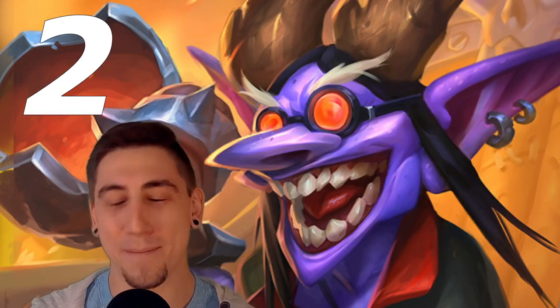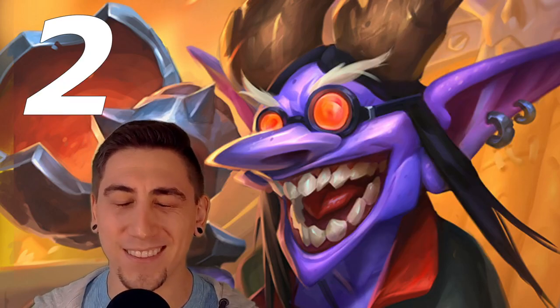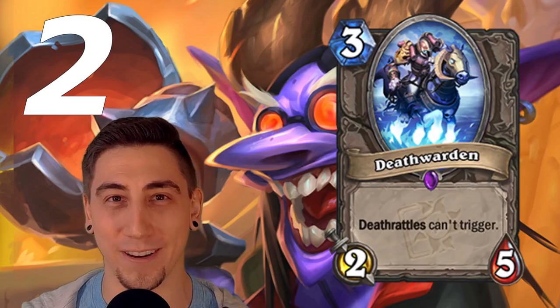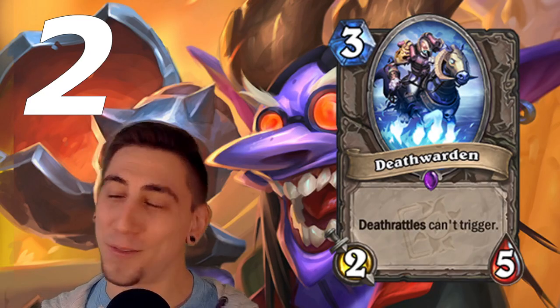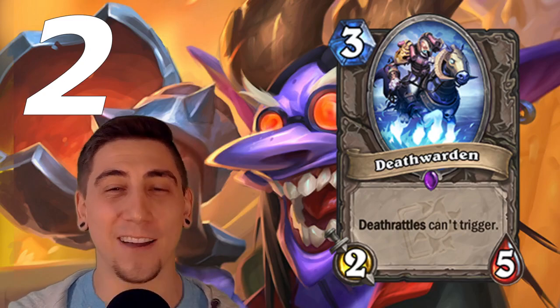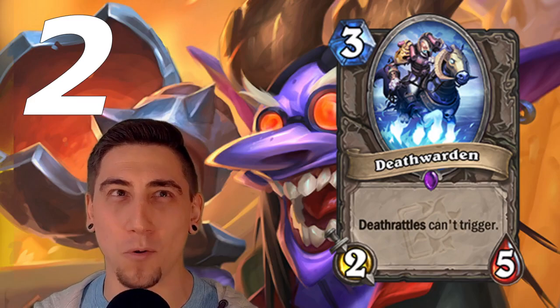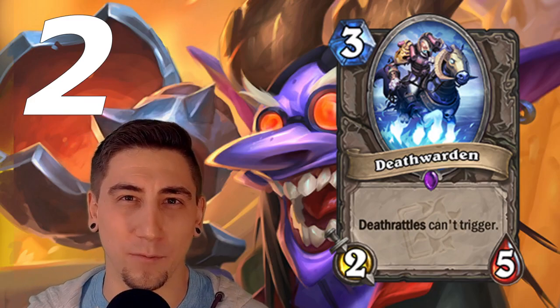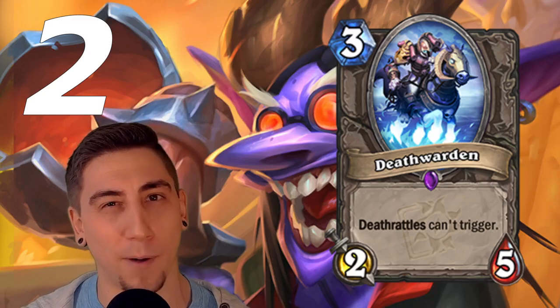Coming in at number 2 of the suckiest cards of this mini expansion, we have the new Death Warden. Now, what would an expansion be without their fringe epic tech card, right? It sounds kind of cool, completely shuts down the deathrattles, but it is only when this is in play. So not only does this have to live, which is pretty easy for your opponent to kill,